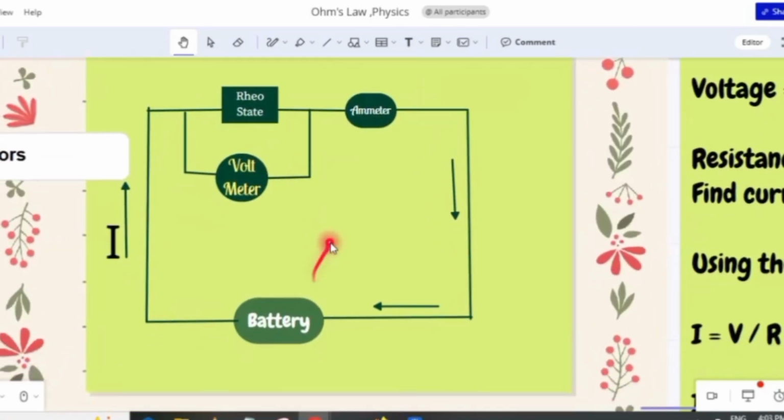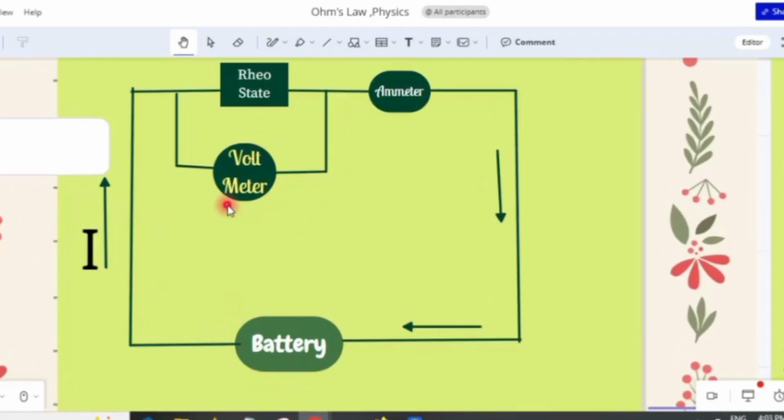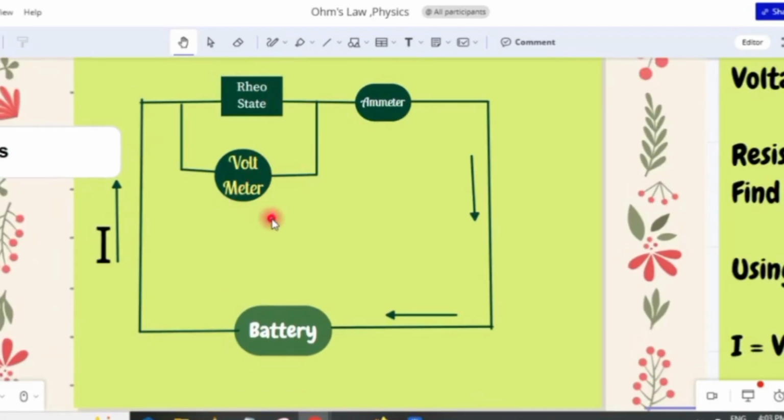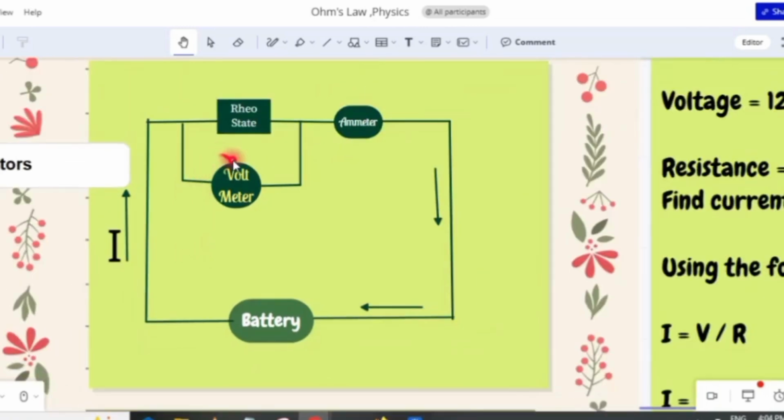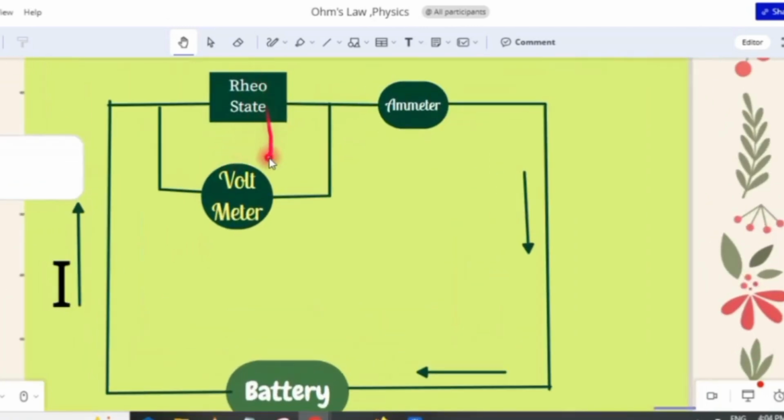Now, this is the simple setup for determining the relationship between current and voltage. We have connected a battery to a rheostat, and an ammeter is connected in series. The voltmeter is connected in parallel to the rheostat. The rheostat is the variable resistance, and we are using a rheostat because we have to find out voltage in reference to current at different resistance. When we keep resistance constant at, let's say, 5 ohm,